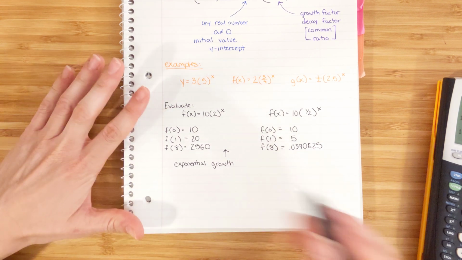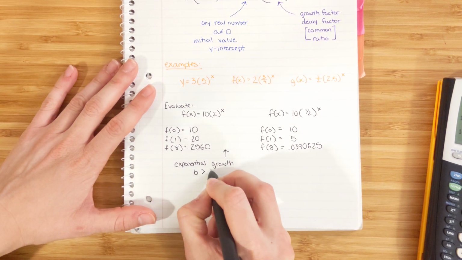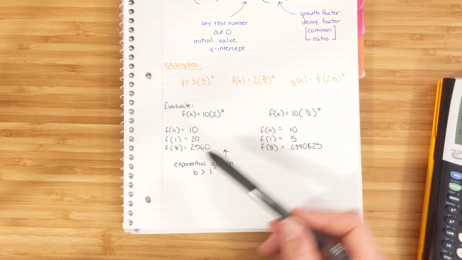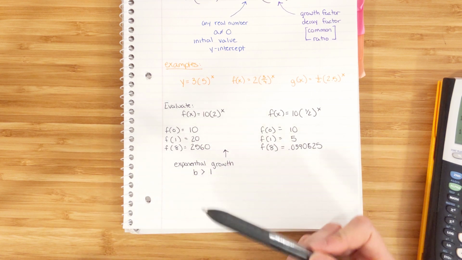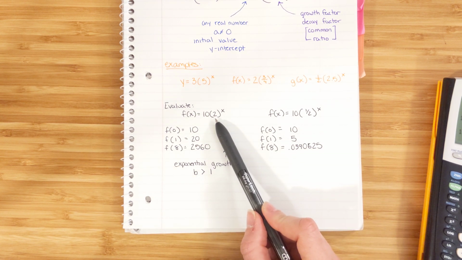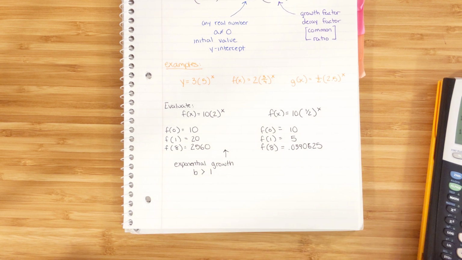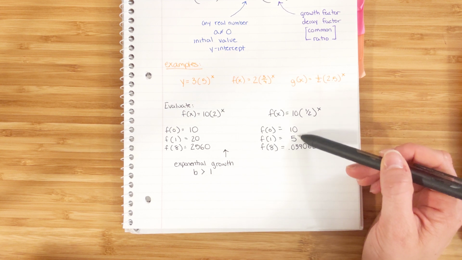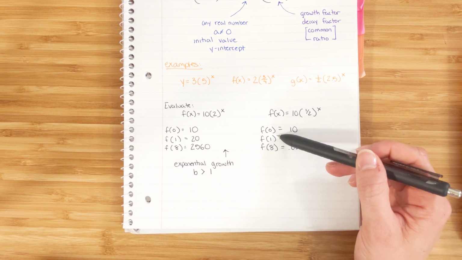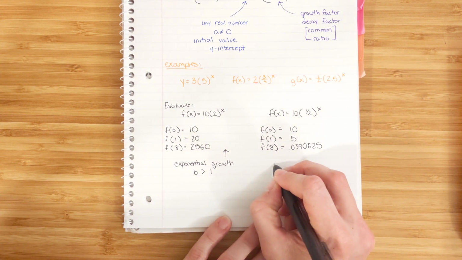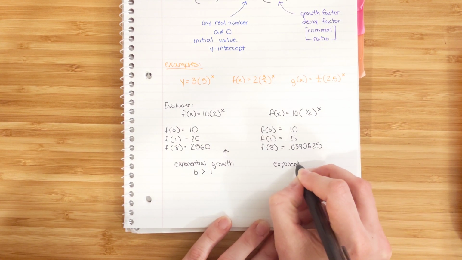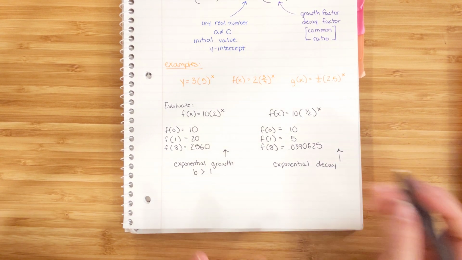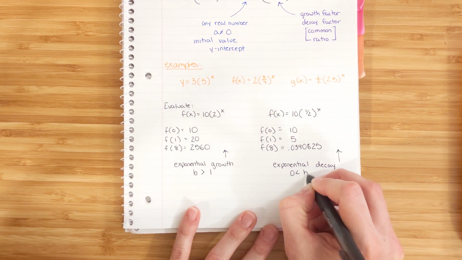That's because you have a b value greater than 1. As this number gets bigger and bigger and bigger, these are going to jump higher and higher and higher because my common ratio is a 2, my b value inside the parentheses. Over here, I start at the same number 10, but now my y values, my outputs, start to get smaller as I plug in bigger x values. That's an example of exponential decay. And that's because b is somewhere between 0